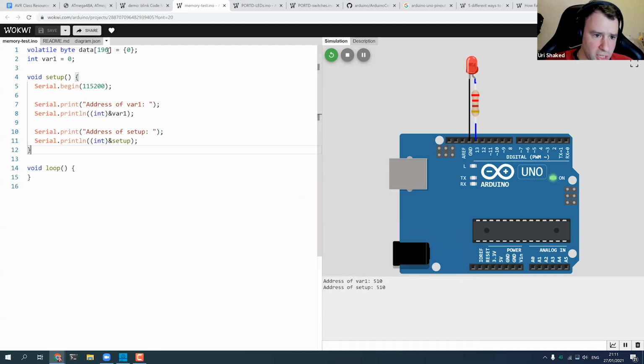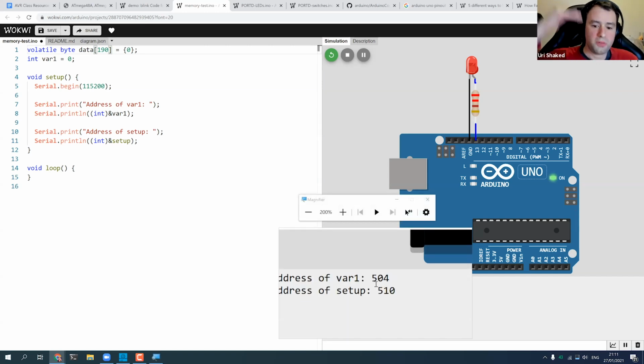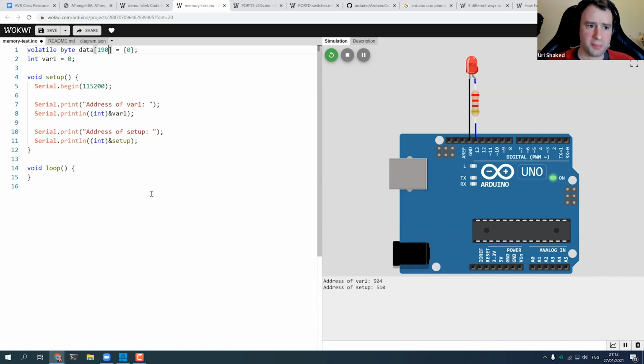And by the way, if I change this value a bit, like let's say 119, you can see that var1 moves a bit above. So it's actually the real address of var1. So how could it be? And I think this is the first interesting thing about